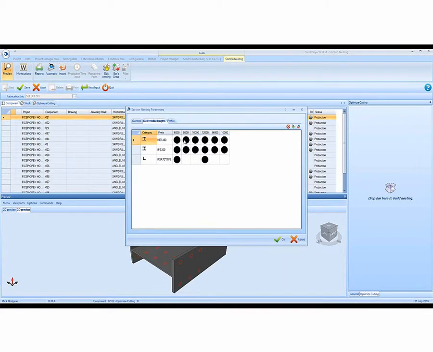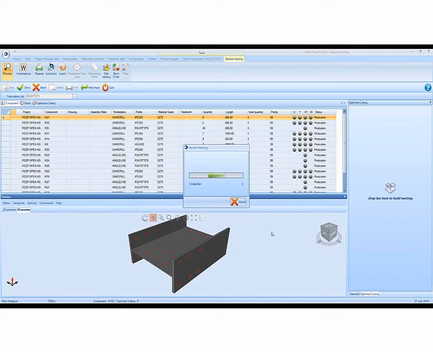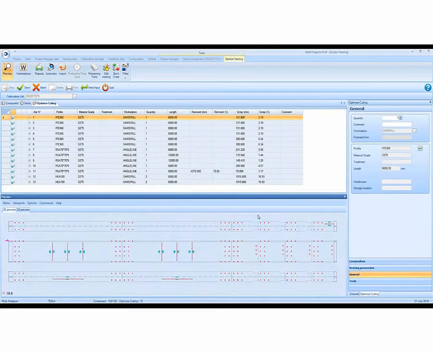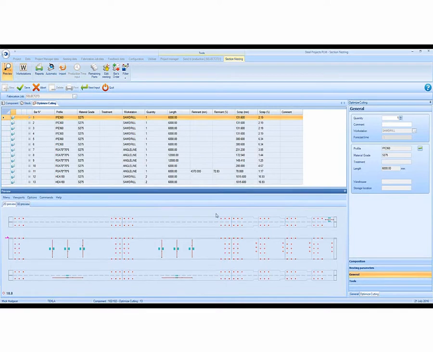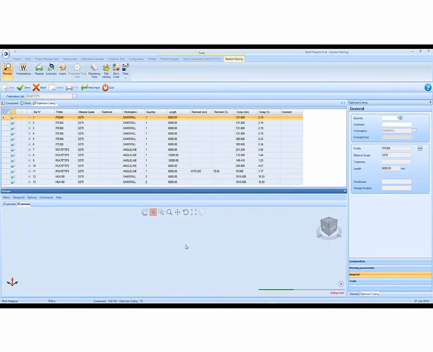Sorry, this is the linear beam nesting. You tell it what the actual lengths of members are available. It then uses those lengths and nests the pieces from Tekla into there with minimum wastage and most optimum nesting. So if we run this through, it then looks at all the options and gives us the best option. So there you can see just a 2D view looking on those pieces, which are now being nested into one